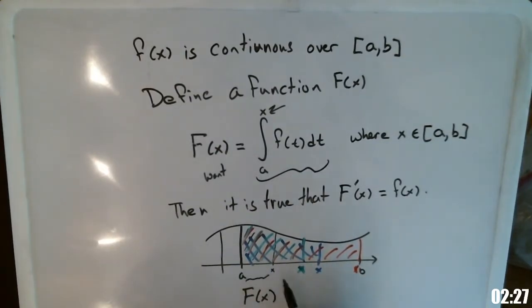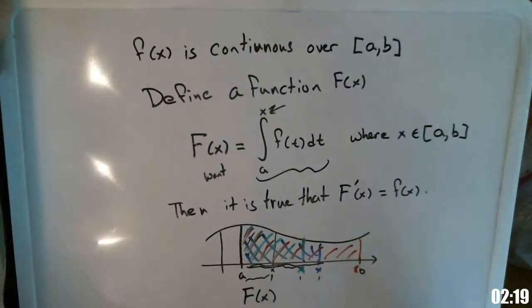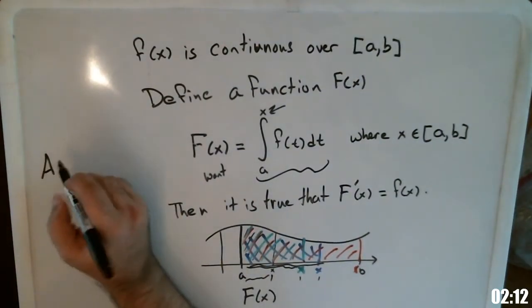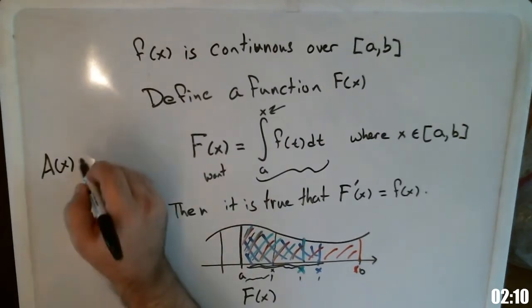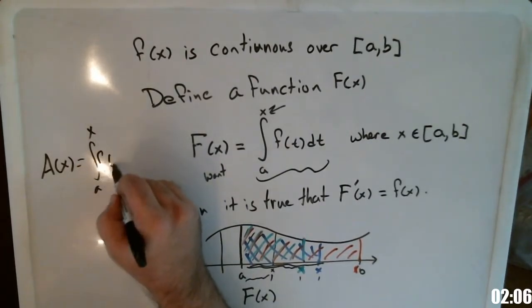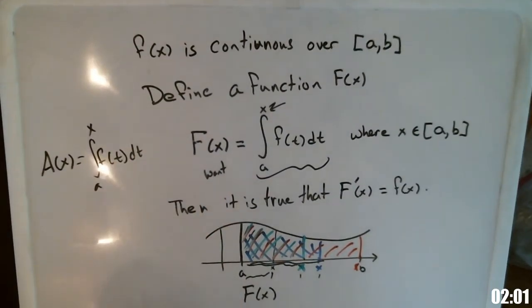So it can be this one if that's the value of x, or return this number if that's the value of x, or return this number if that's the value of x. This right here is just some function. It's easy to get caught up in this f and that f, etc. If you want, you can just say the area under the curve, depending on where I stop, is equivalent to, well, just write down what it means to calculate the area under the curve if I stop at the point,